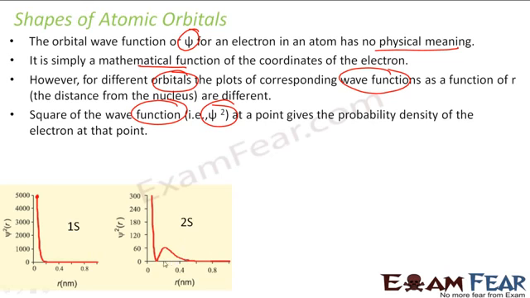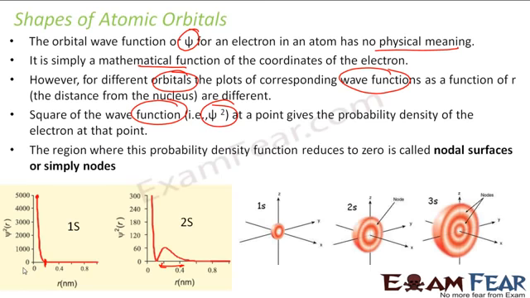For 2s, if you see, it starts here and ends here. There's a high probability here. Right? Again it dips off. That means this is the range where you get high probability of finding the electron in the 2s orbital. For 1s, this is the range where you get probability of finding the electron. Correct? And we have regions where there is zero probability of finding electrons, and they are called nodal surfaces